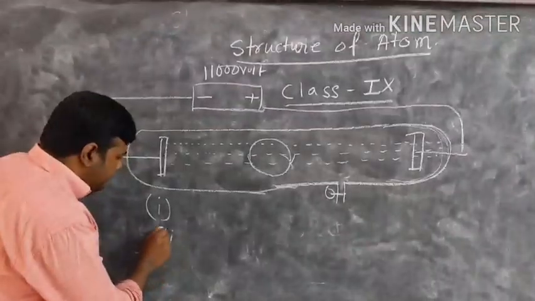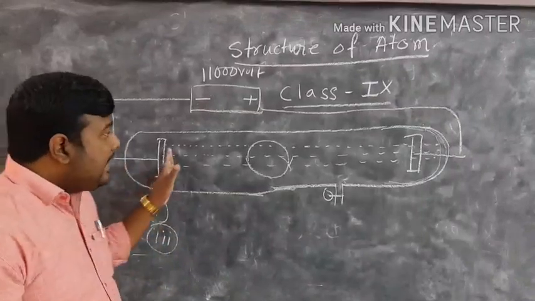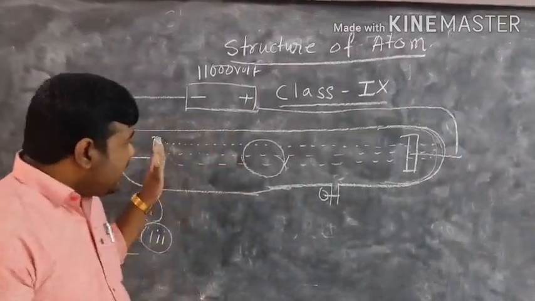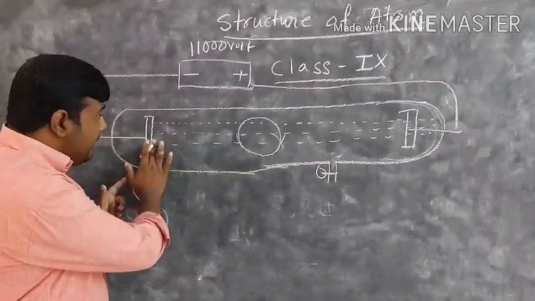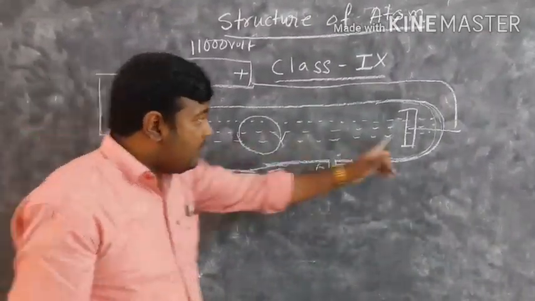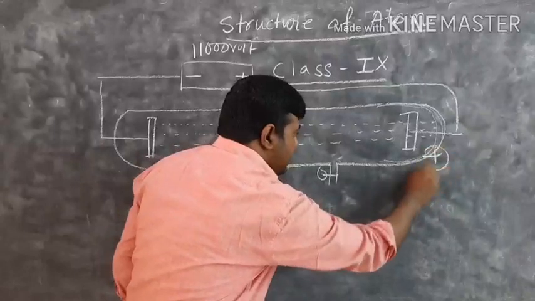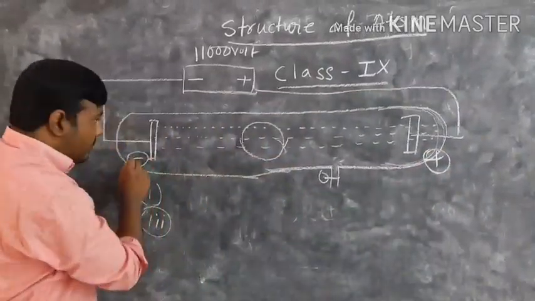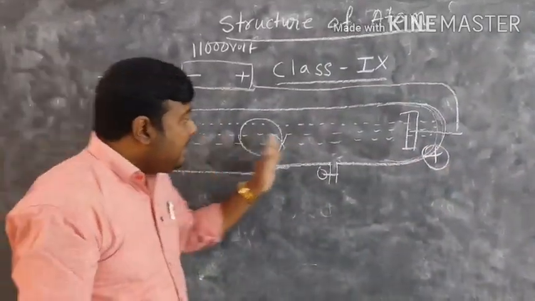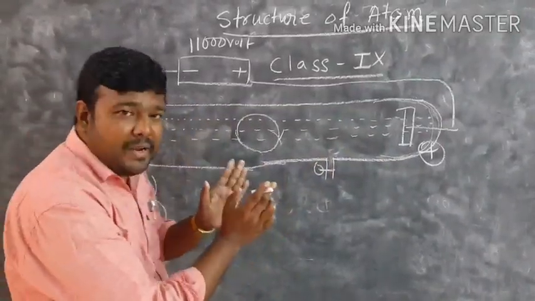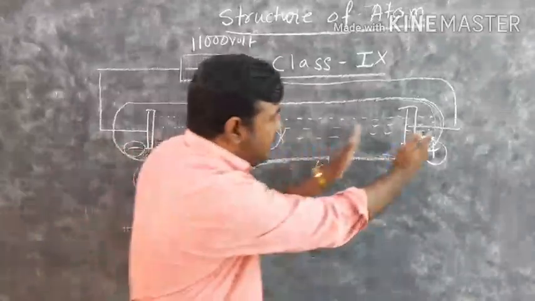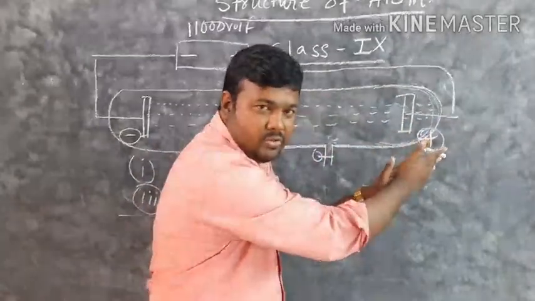The third property is that it is a negatively charged particle. This can be concluded from the fact that it originates from the cathode and heads towards the anode. The anode is the positively charged electrode and the cathode is the negatively charged electrode. Since the ray is heading towards the positive charge, we can conclude that the rays consist of negatively charged particles, attracted by the positively charged anode.